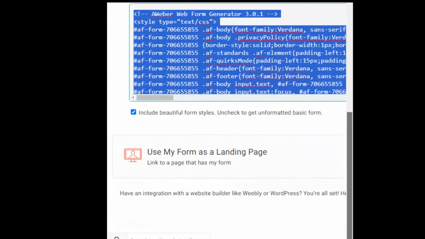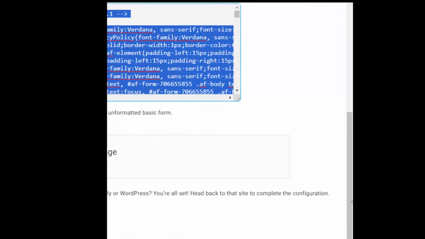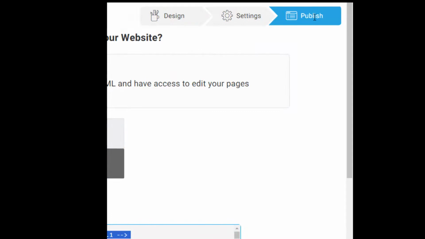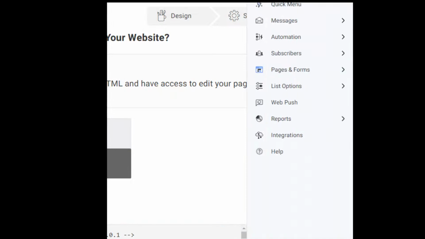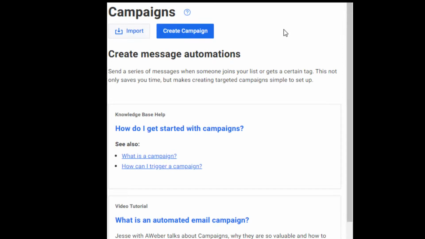Aweber. So we've made a form and we've put it onto the web page, and we've published it, and now we're going to go back, and now that we have the form, we are going to create the campaign for the email. So this will be the follow-up emails. So it's called campaigns now in Aweber, and so you want to create a campaign. They got lots of information on how to start and do campaigns, but we're going to go ahead and do